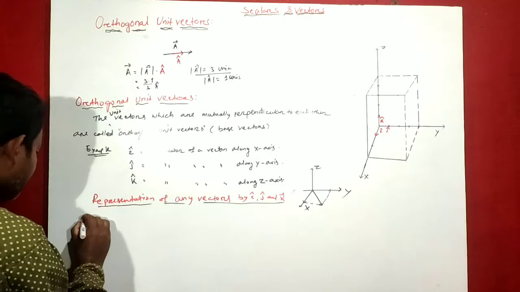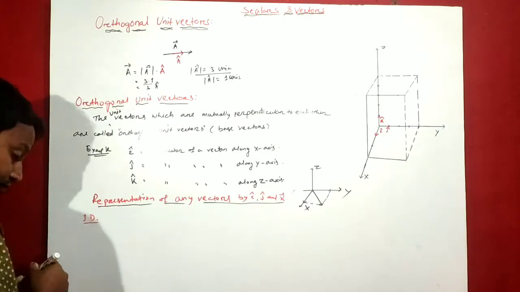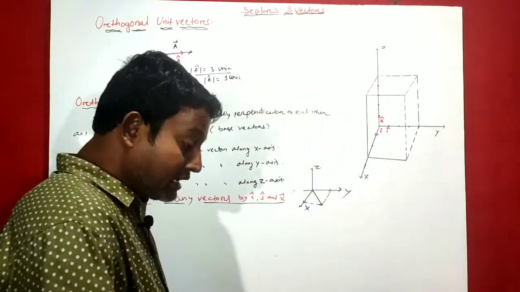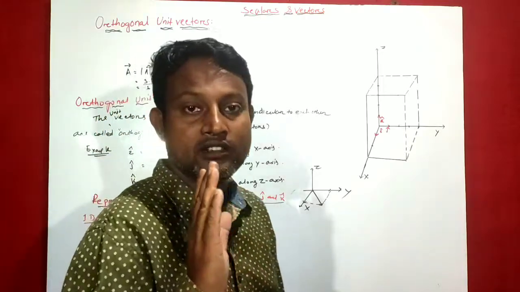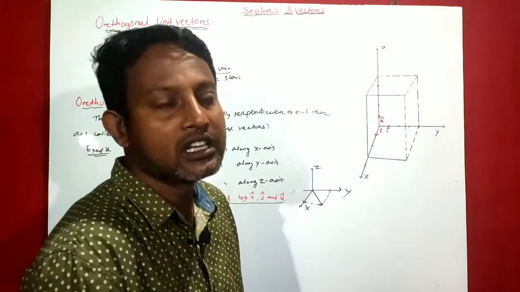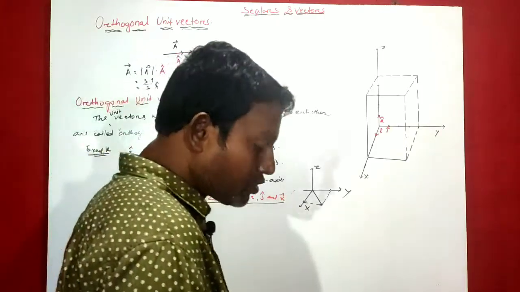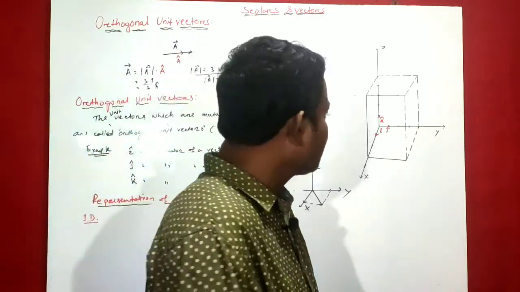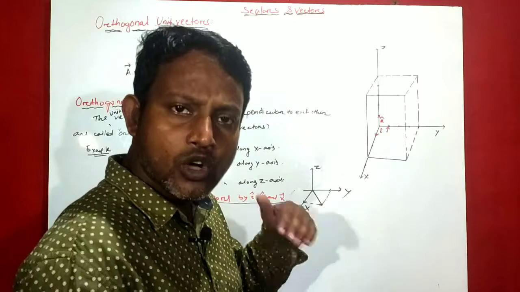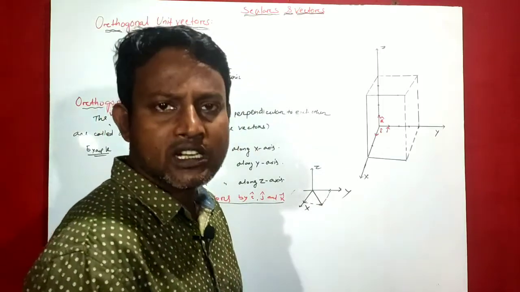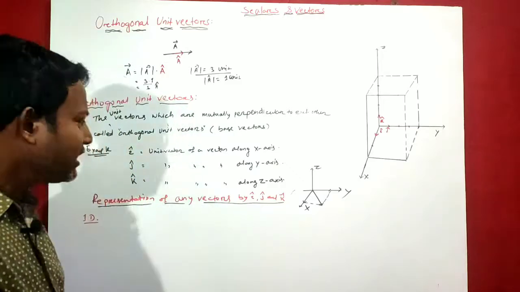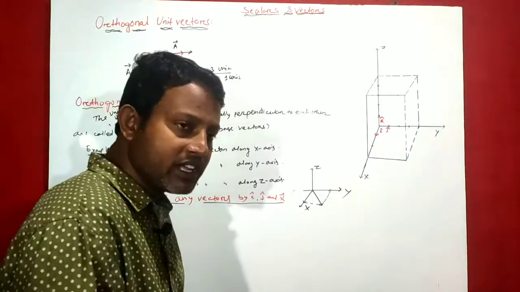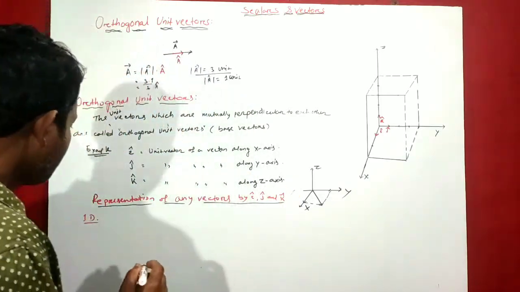First we will see one dimensional vector. What is one dimensional vector? The vector which has only one direction, that is on x-axis, y-axis or z-axis. So the vectors along any coordinate axis or parallel to the coordinate axis are called 1D vectors. It has only one direction, that is either on y-axis, z-axis or x-axis. Look.